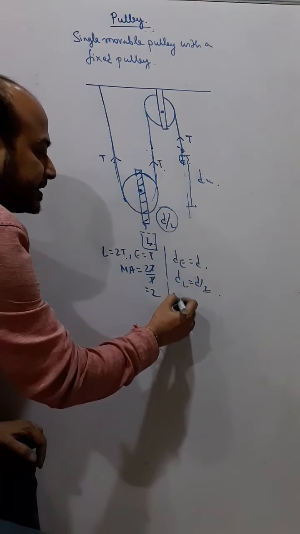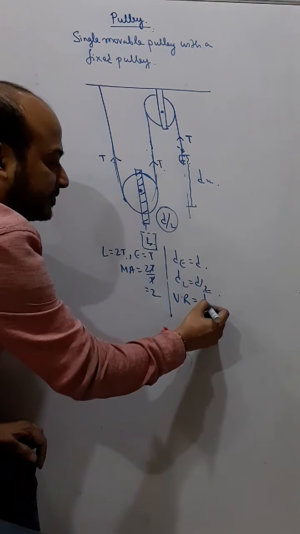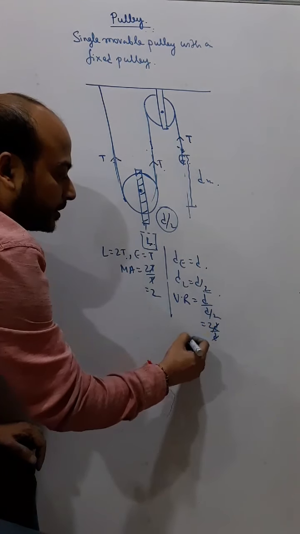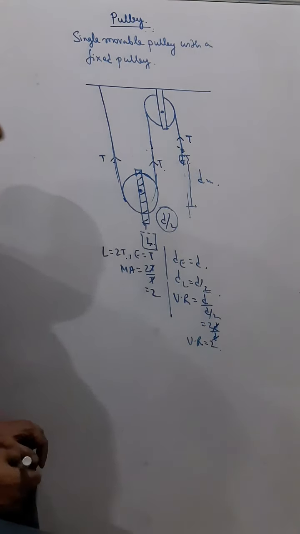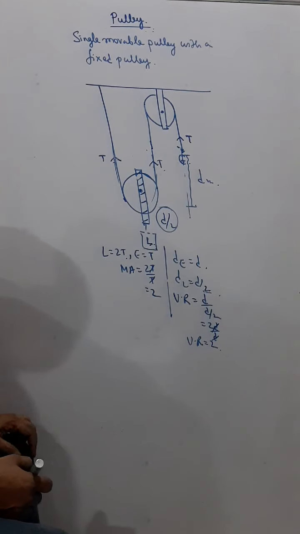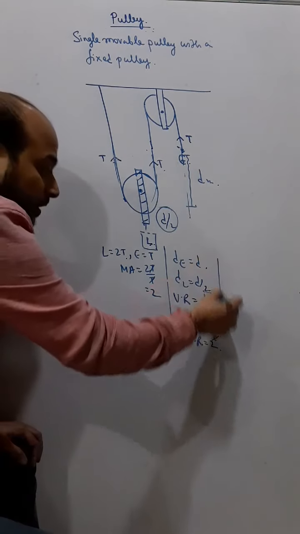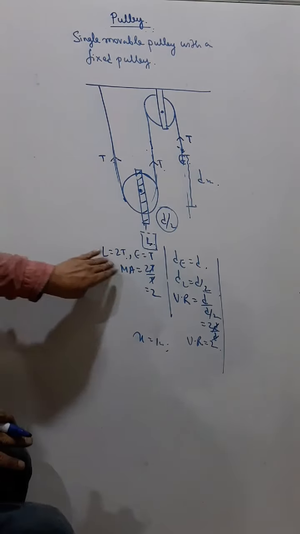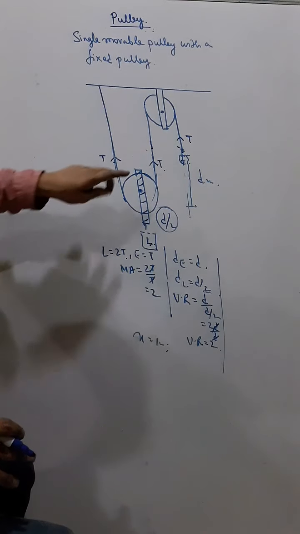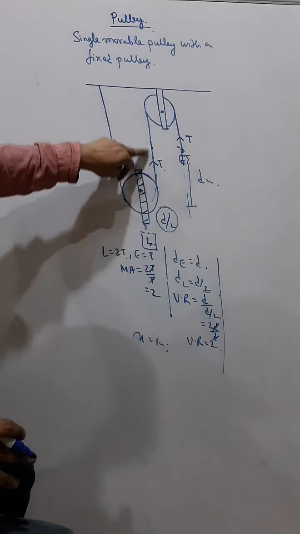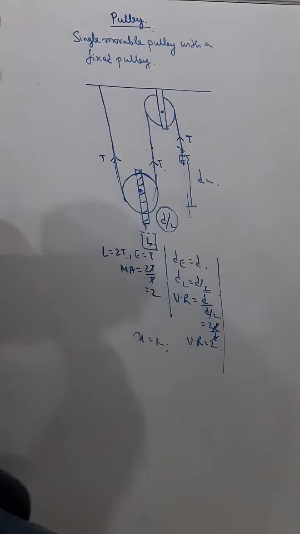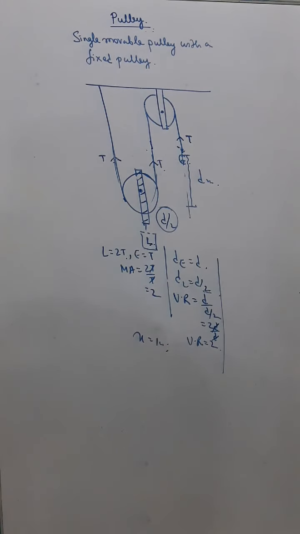And here also again we can say that velocity ratio is equal to displacement of effort by displacement of load. So we are getting the velocity ratio as 2. Understand? And similarly, efficiency will be 100%. So there is no change in mechanical advantage or velocity ratio, only that instead of applying the effort in an upward direction, we are using a single fixed pulley and thus changing the direction to a convenient direction. So this is a single movable pulley with a fixed pulley. Okay.